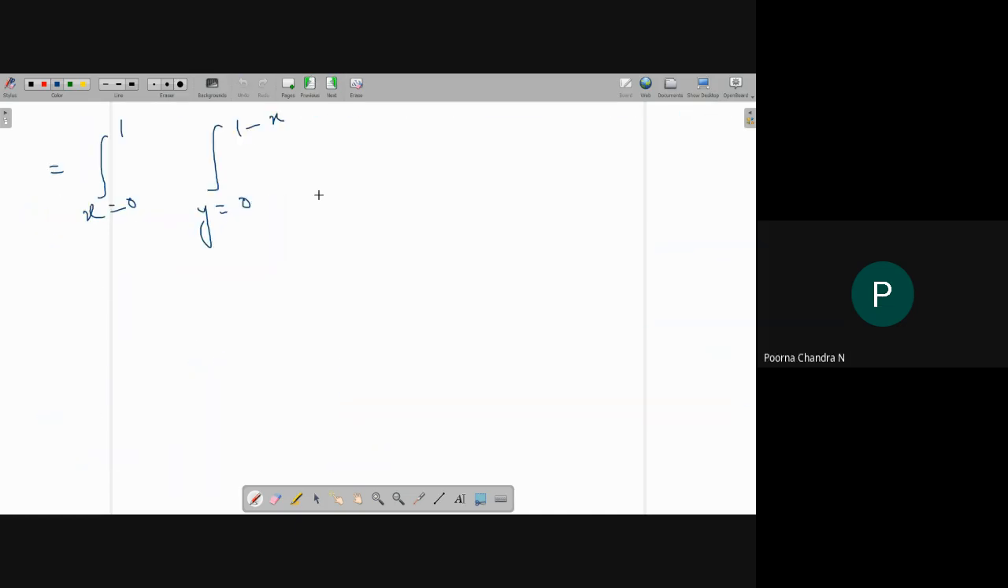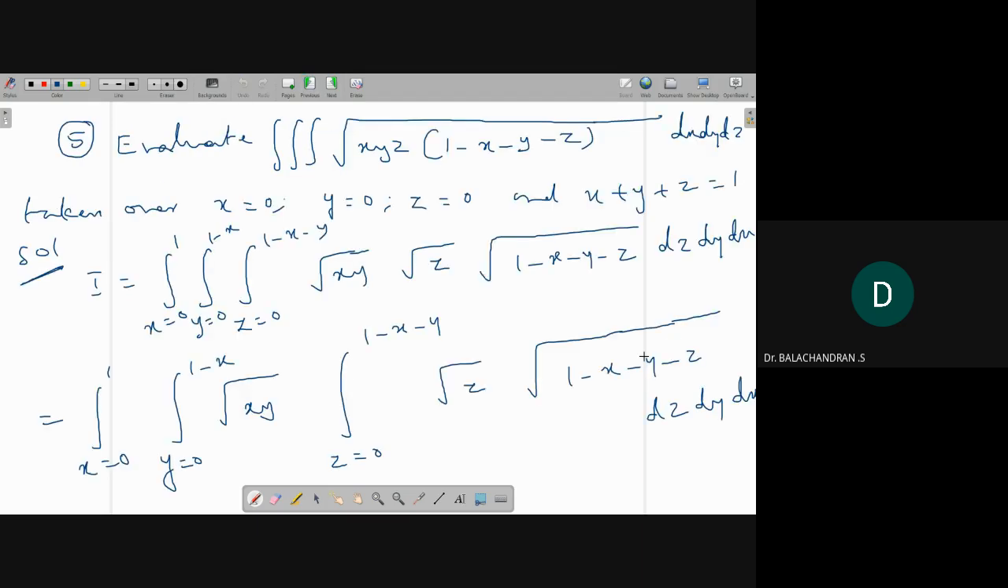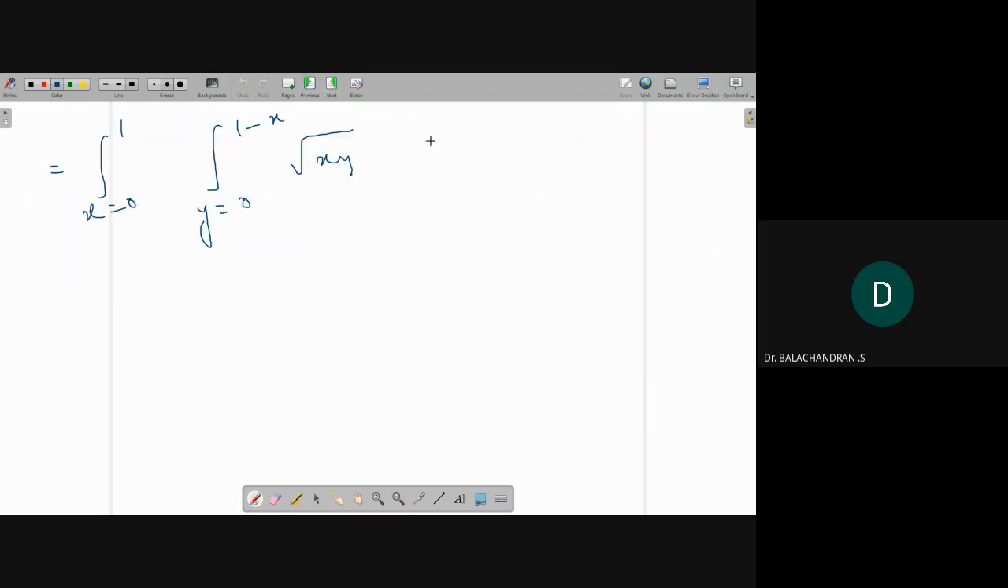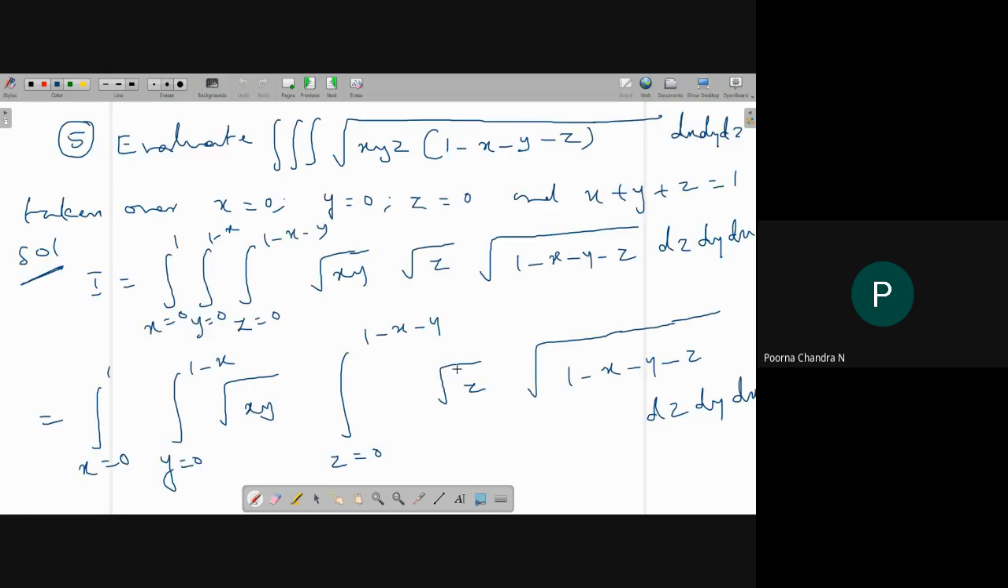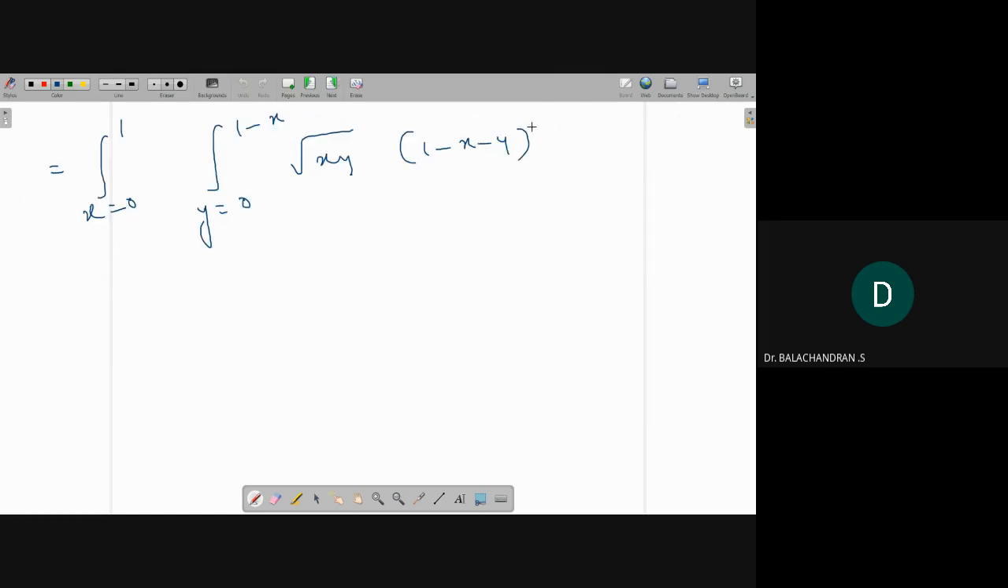1 minus x minus y whole power. Root xy, 1 minus x minus y. What is m? 3 by 2, because this is half. Okay, 3 by 2 minus 1, half plus